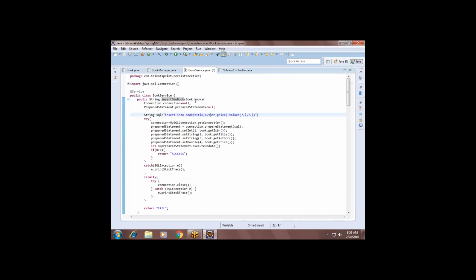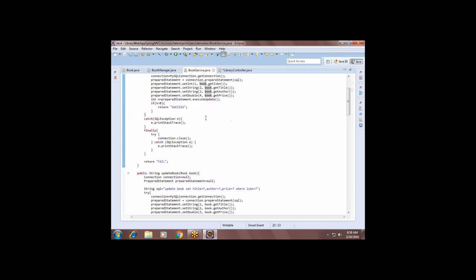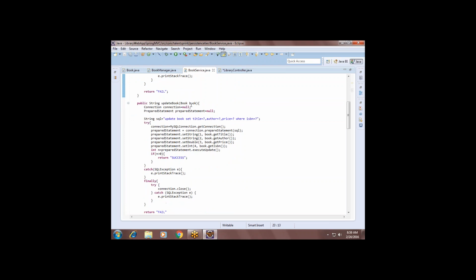Its job is whatever data object it is given, it will just insert that particular object. It will not make any modification inside that object. It's a specific job: whatever is given, just take it and insert it. And whatever the ID or data is given, just take it and update it.